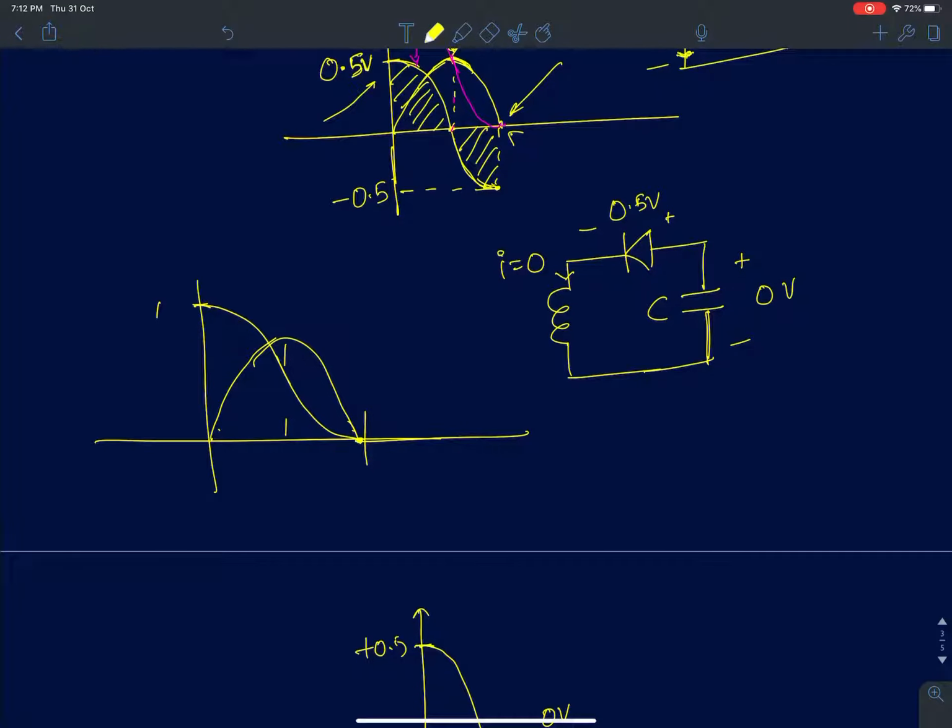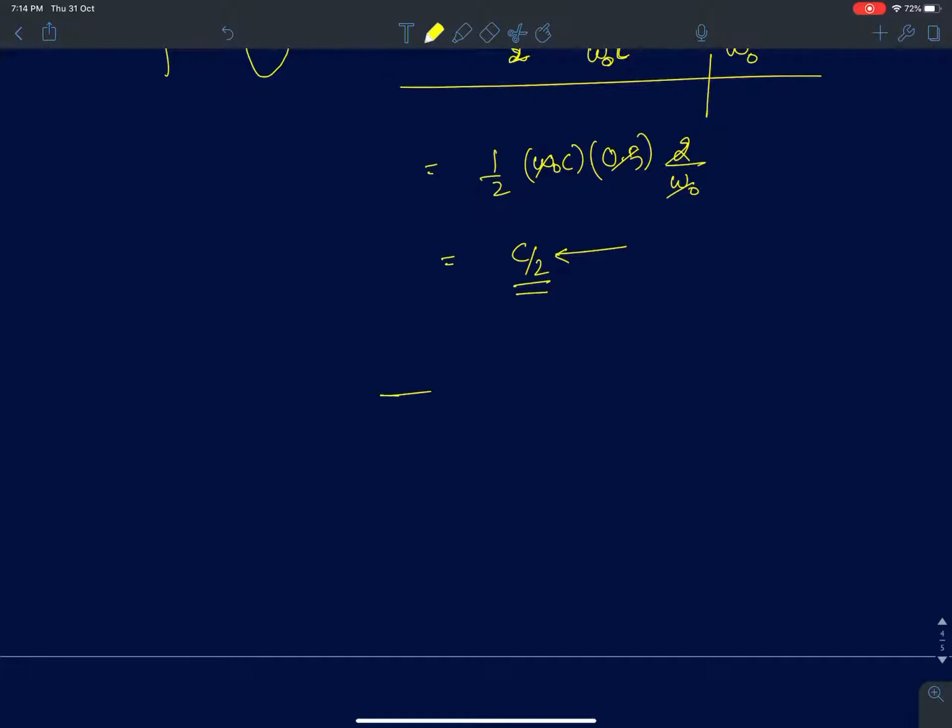Okay, so now, does it happen always? Does the voltage always come to 0? No, it actually depends upon the value of V gamma that we have chosen for the diode. So for example, if I assume that the V gamma, instead of 0.5, is 0.2,